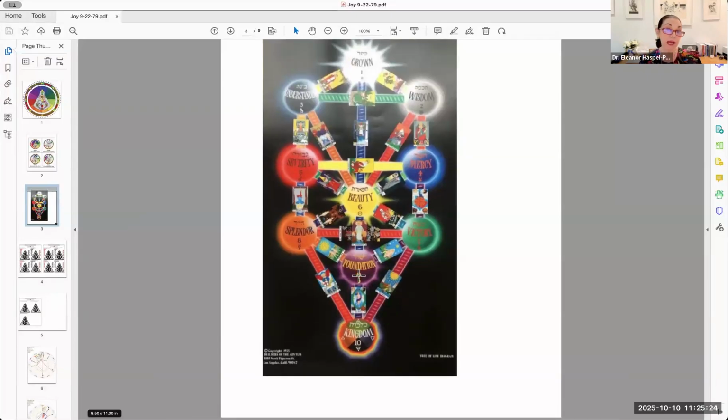There are 32 paths, and those paths go from the sacral center to the root, to the splenic center, and then from the sacral center to the splenic center. And then it goes back. So 32, 31, 30,